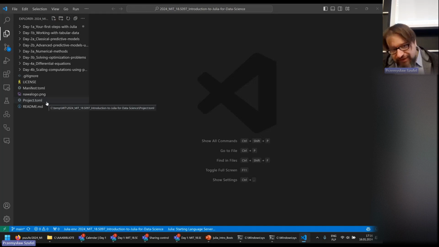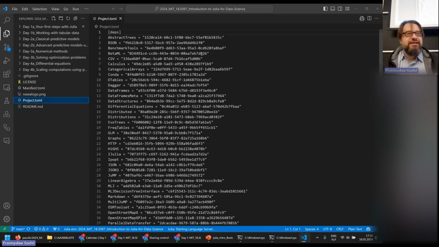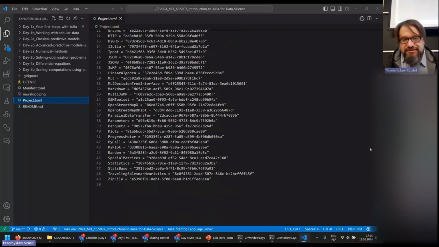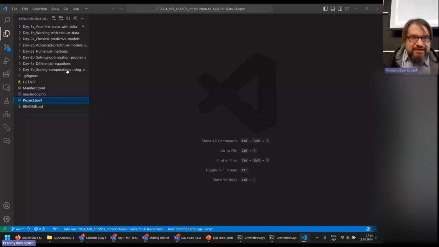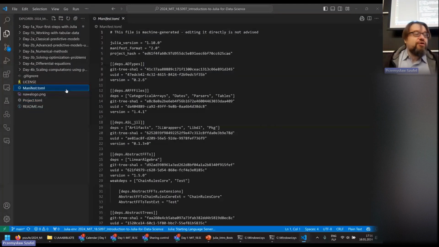So what is inside the file? So this Project.toml contains the list of packages. So this is the list of packages you need for this course, and this was part of the installation instructions, to clone the repository and to install those packages. So this is what you got in the installation instructions. So this is defining all the packages for this virtual environment. And the second part of the virtual environment is when you have a specific Julia installation, then you need to resolve packages to specific versions. So this is a very, very long file that's providing a resolution of all those packages to